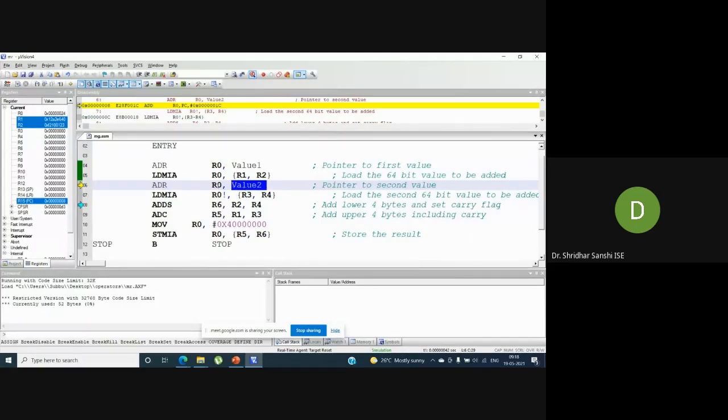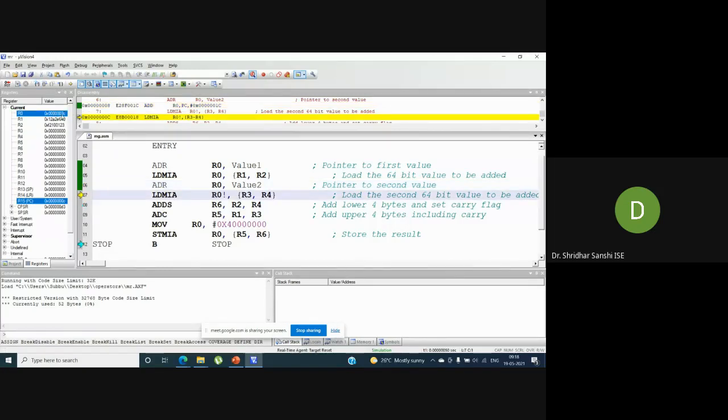The second value's address I'm storing into the register R0, so this address will be changed now. This is the base address. What I'm doing is LDMIA R0 with an exclamation mark. What does this exclamation mark mean? Base register value is updated.